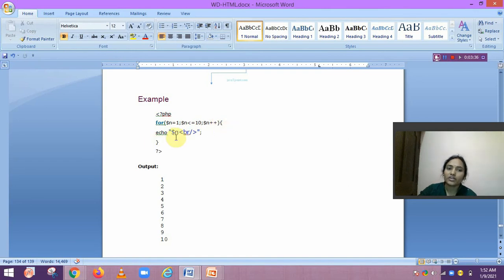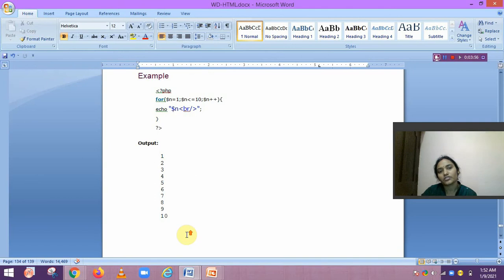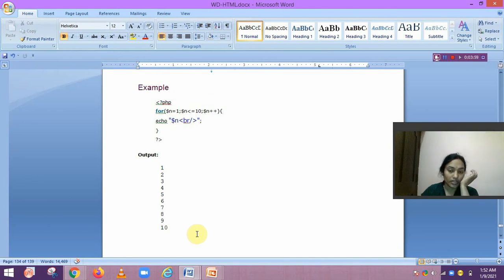Then we print $n and br, that means in the next line it will print the numbers. Then we close the curly brace and also the closing tag of PHP. After that the output is displayed in this way. Okay. So this is printing 1 to 10 using for loop.